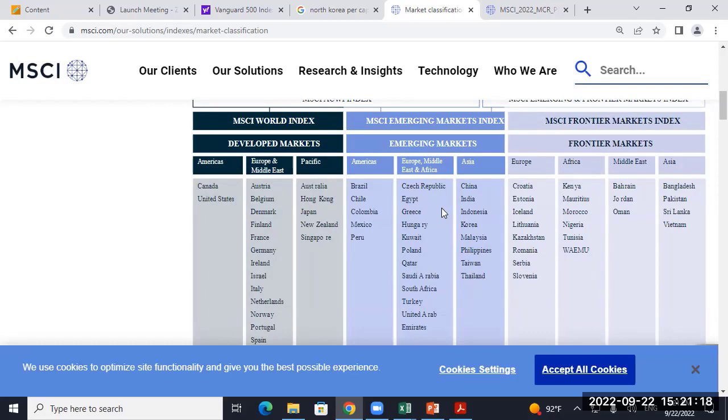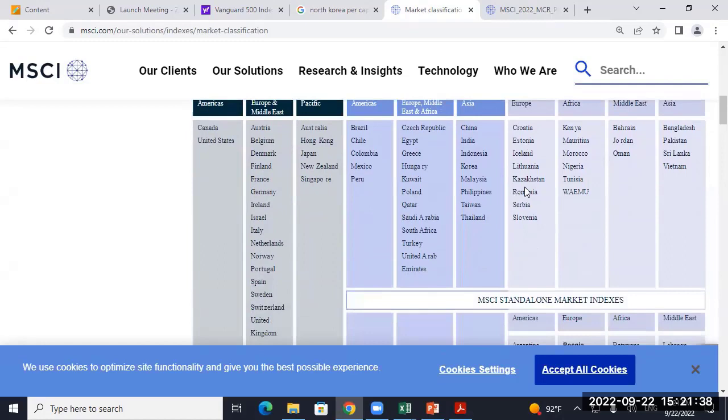I like the standalone indices, not that I would want to invest specifically in Russia, but then it gives me a list of all the stocks. You want to know what stocks are actually in Russia, what industries are they in, you can certainly do that. So that's what you're looking for. So which of these frontier markets would you want to be in? I find Eastern Europe quite exciting and interesting. I'd be watching politics real closely. A new leader comes in, that's pretty interesting. In Africa, oh my word, maybe Morocco. I don't know, boy, Nigeria maybe.